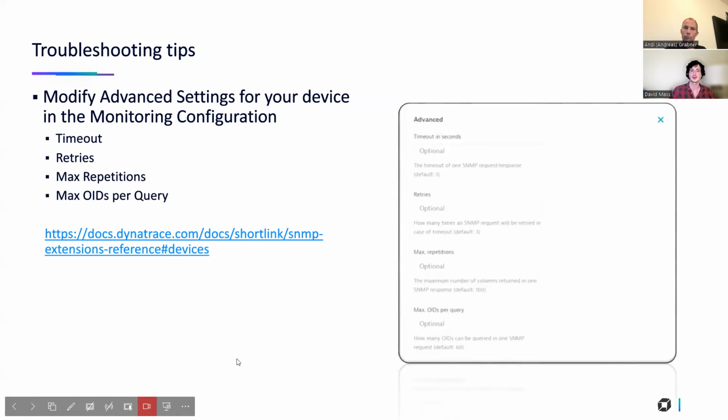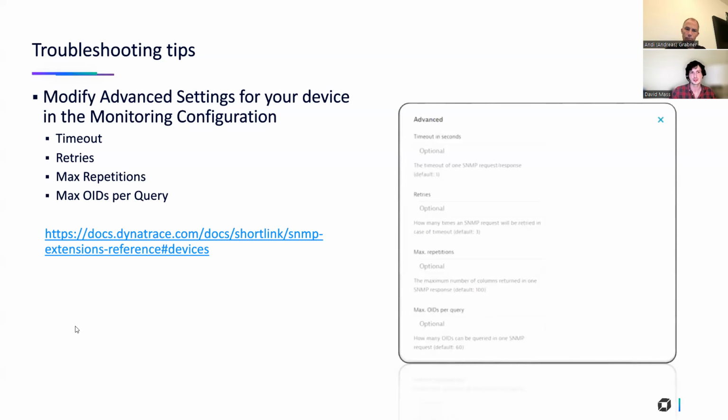Like we were talking earlier, because it's UDP, there may be some issues making sure that those packets actually get from the device to the ActiveGate,